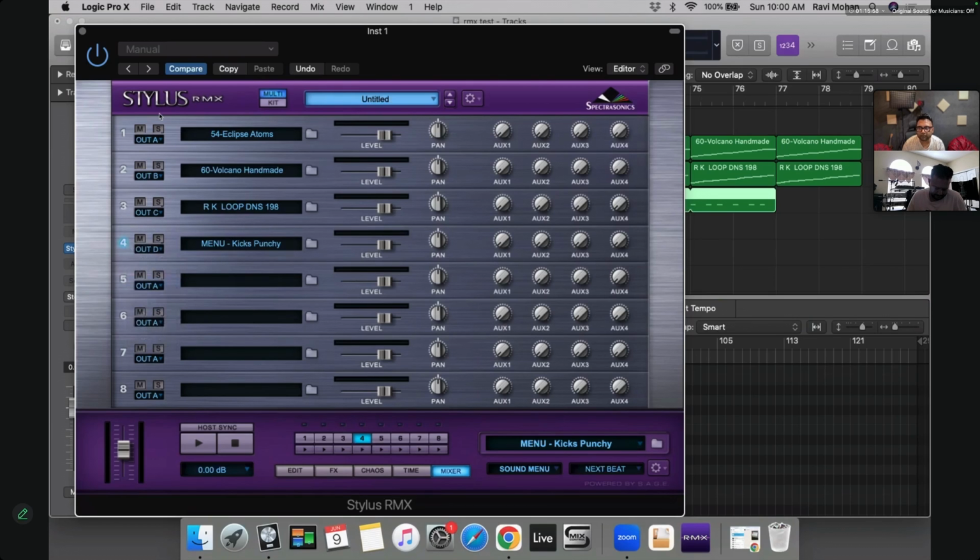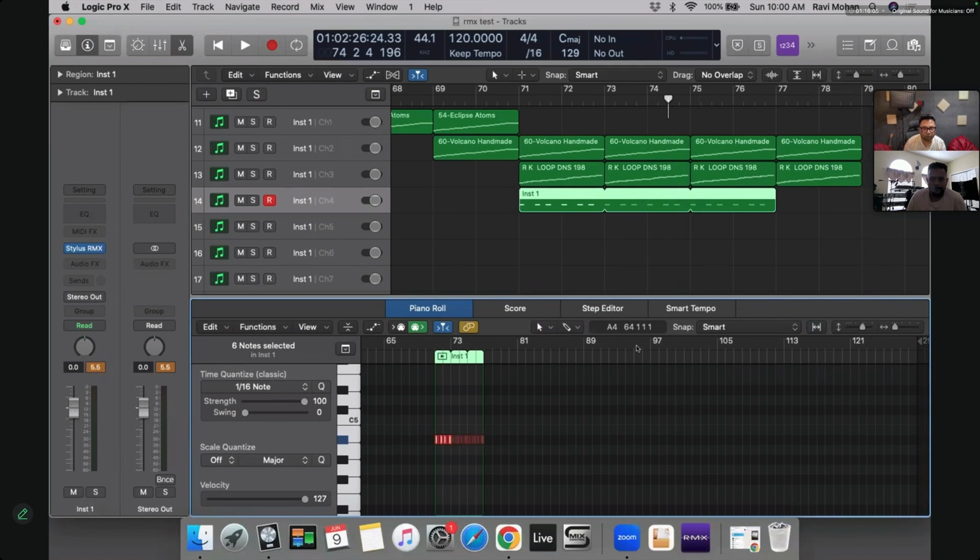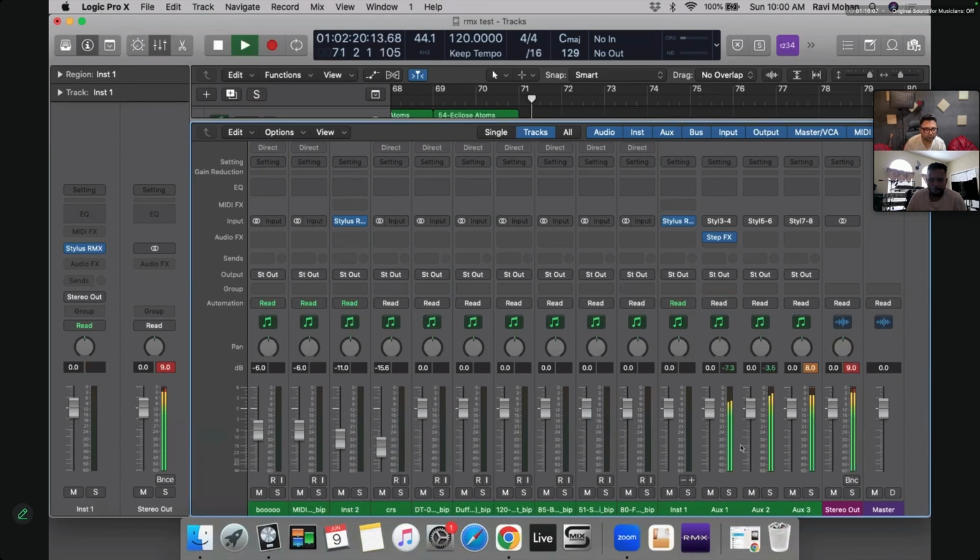So now everything is not going to this one. Earlier it was going to number 1. And now if you open the mixer, you can control everything in the mixer itself.